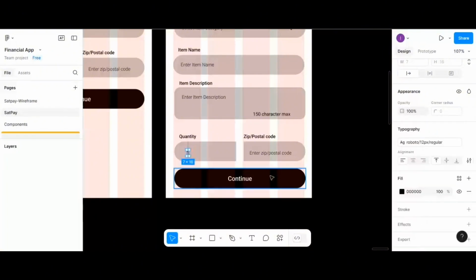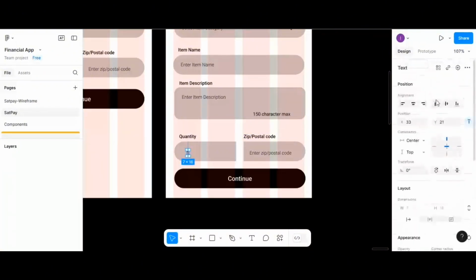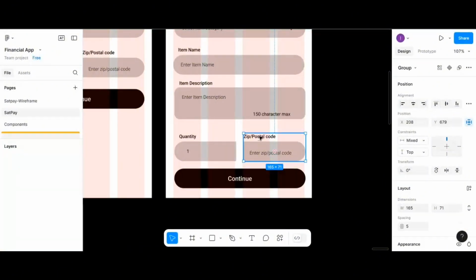Alright, and make sure it's properly aligned. Then here we also update it, that is the label, to value,